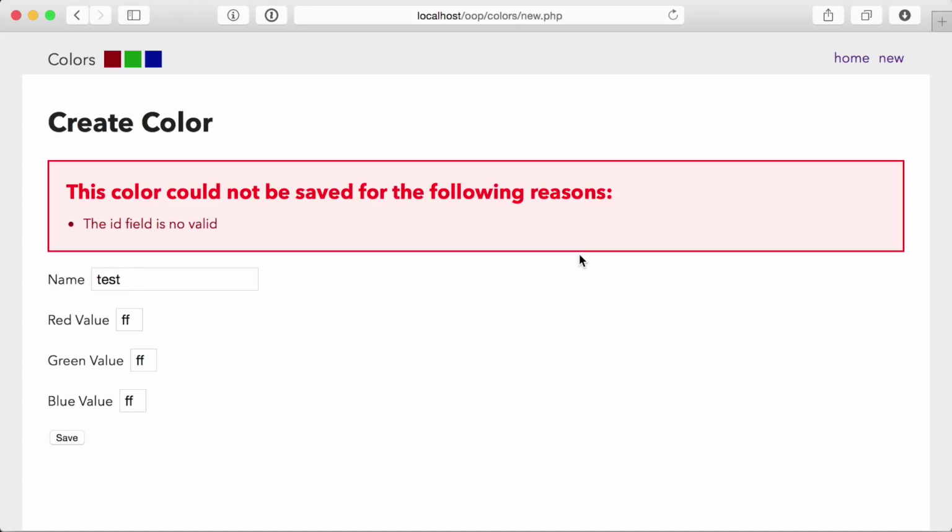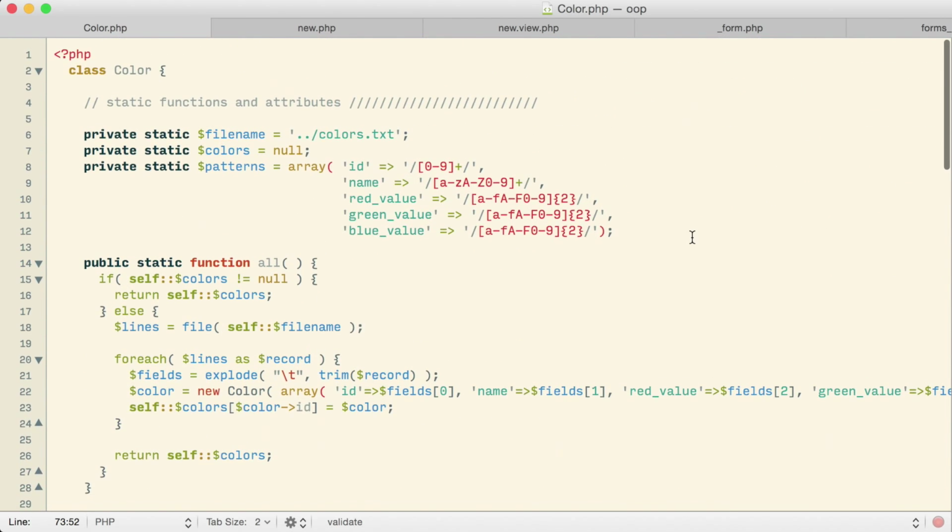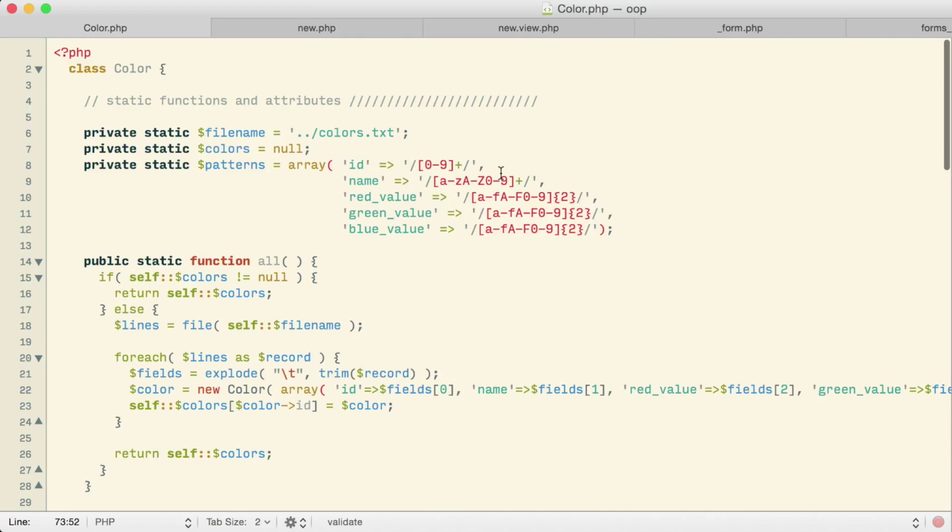The basic reason for that problem then is that it is trying to validate our ID. Do we really want it to validate the ID? Possibly. I certainly don't want to try saving a color without an ID. Why is it saying that my ID is invalid? The way we set up validation for our ID, the pattern that we were using, is that the ID has to be the values 0 through 9. Well, how's that actually happening? Or how are we not having a 0 through 9 for our ID?